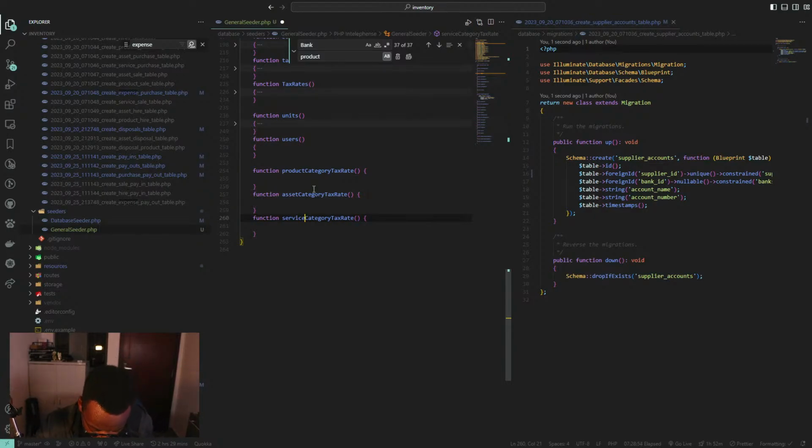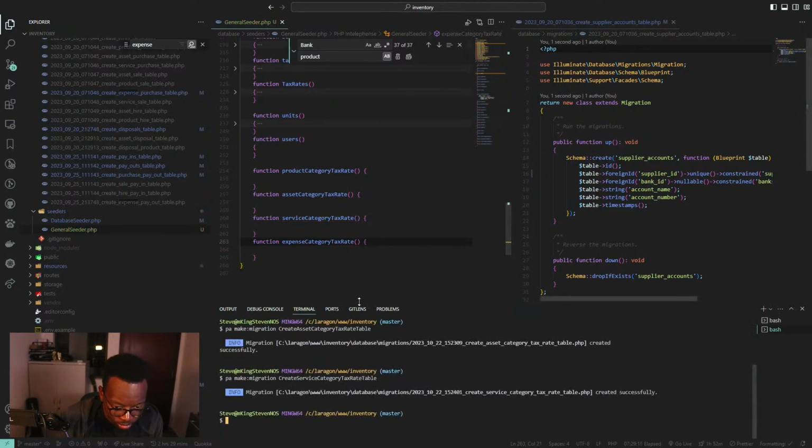Should I put expense category tax rate as well? We should put expense category tax rate as well. I think it's important. So if that's the case,